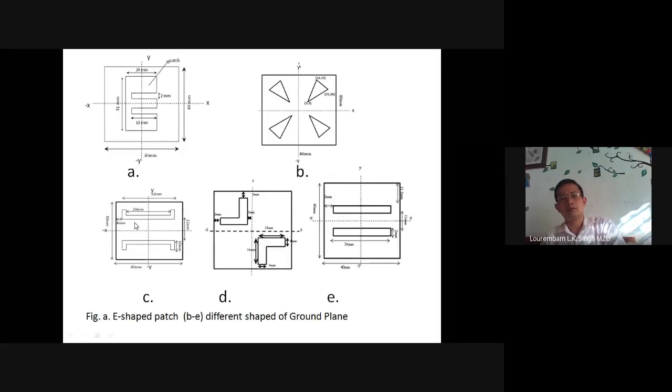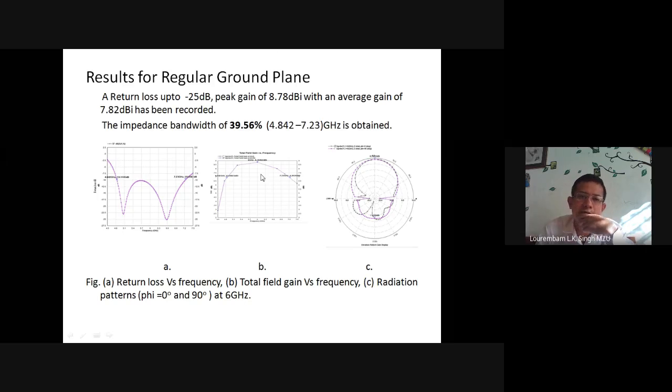It is not that we just figured this out; we did lots of optimizations through the software. Then we found parameters, for example 24 millimeters and a gap of 4 millimeters, and these kinds of gaps and parameters we obtained after proper optimizing. After optimizing means we have to see whether the proper return loss is maintained or not, as well as whether the front to back ratios are properly maintained or not. So here the structure which was proposed